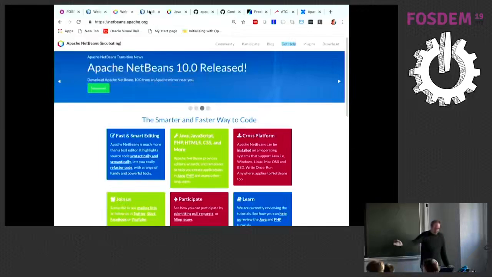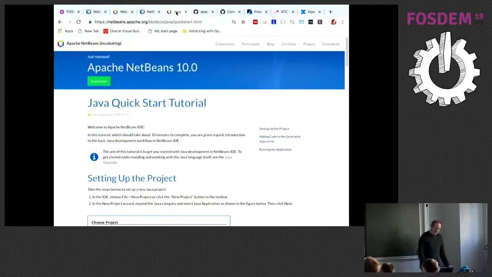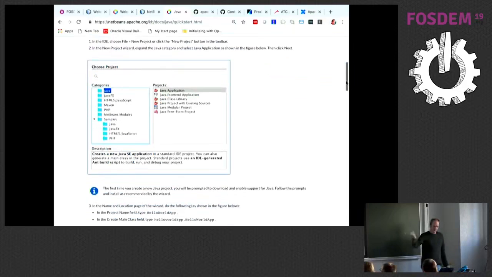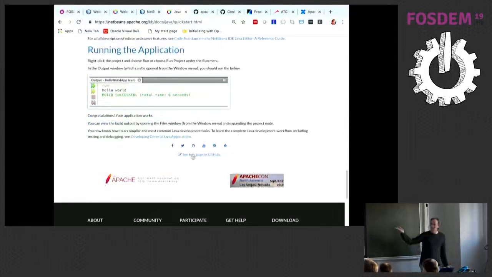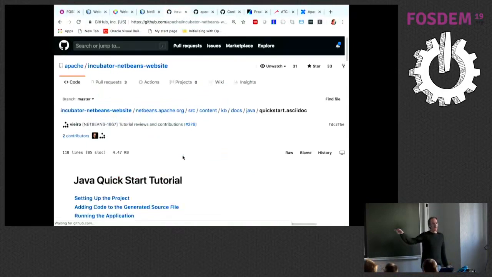So here's an old tutorial on the netbeans.org site, and here is that same tutorial on the Apache NetBeans site, and the best thing about it is it's now in AsciiDoc. I mean, logically, but NetBeans has this long history with everything in HTML. But the really cool thing is everything is on GitHub. So if I have a problem with the tutorial, or if something is wrong with it, I can go directly into GitHub and do a pull request on that tutorial. And then people can review that and so on.